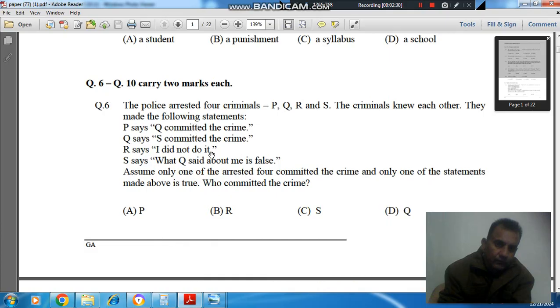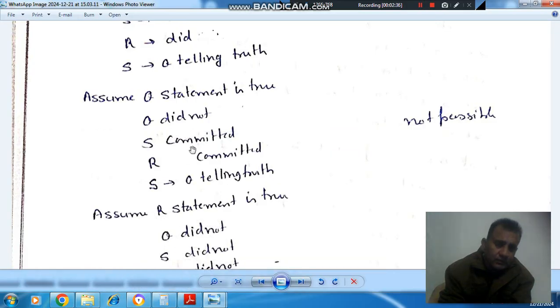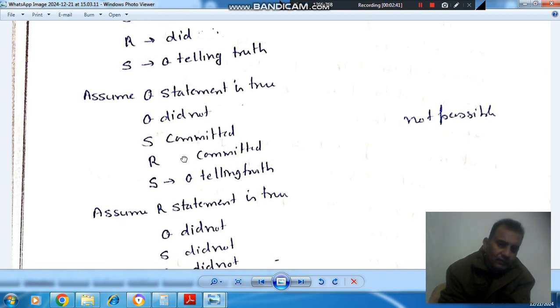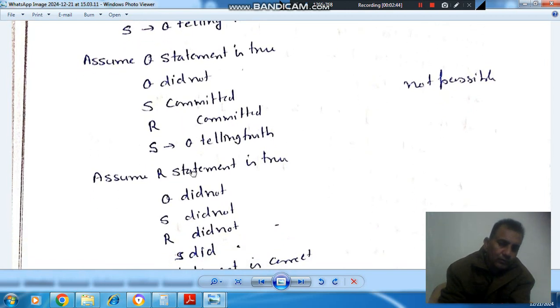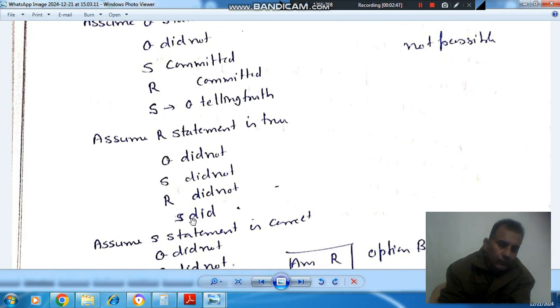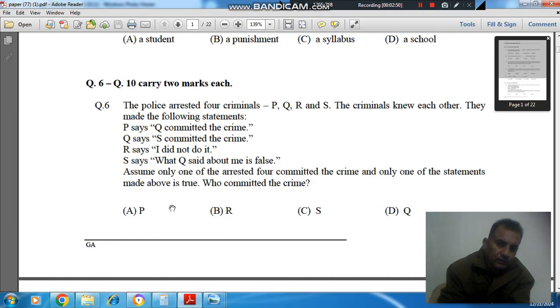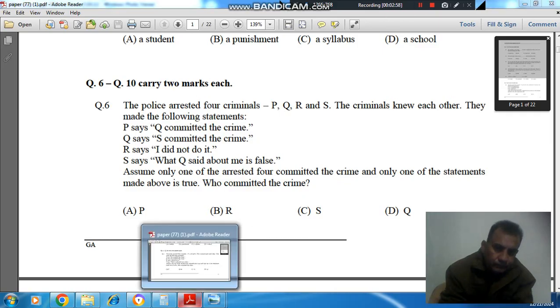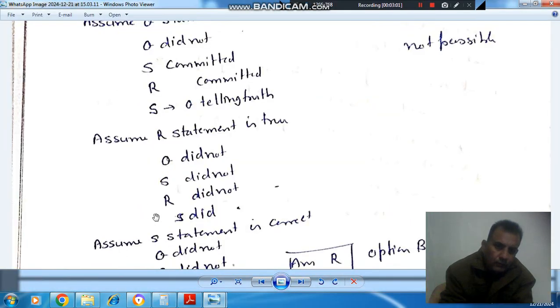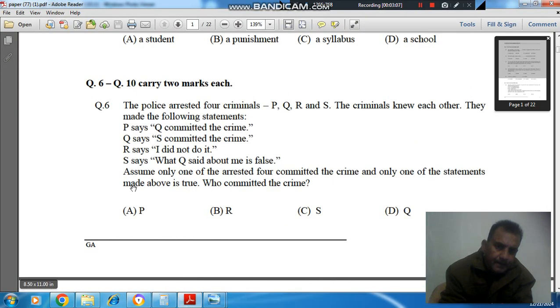But now there are two persons who have committed the crime, and we need to have only one person who has committed the crime. Now assume that the statement of R is true. Suppose R is speaking the truth, then Q did not commit it, S did not commit it, R committed it,